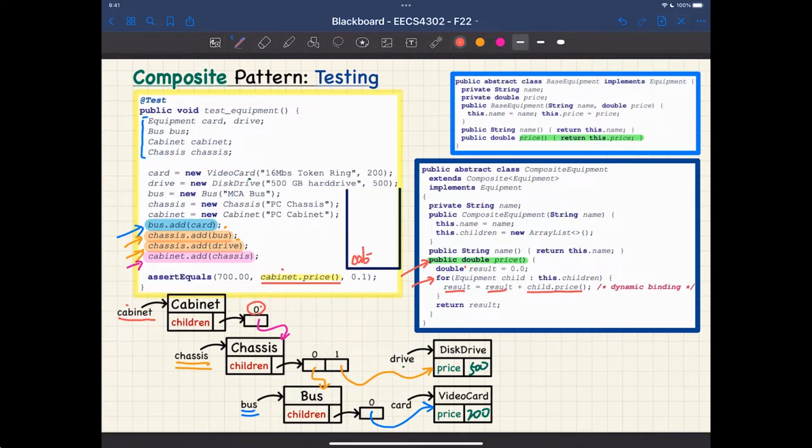So we start with cabinet.price. And to really compute it, we have to say cabinet, let me use a different color, dot children at index 0. And then that one there, dot price. Agree? And how do we compute this particular chassis, its price? Well, because we know this cabinet.children at